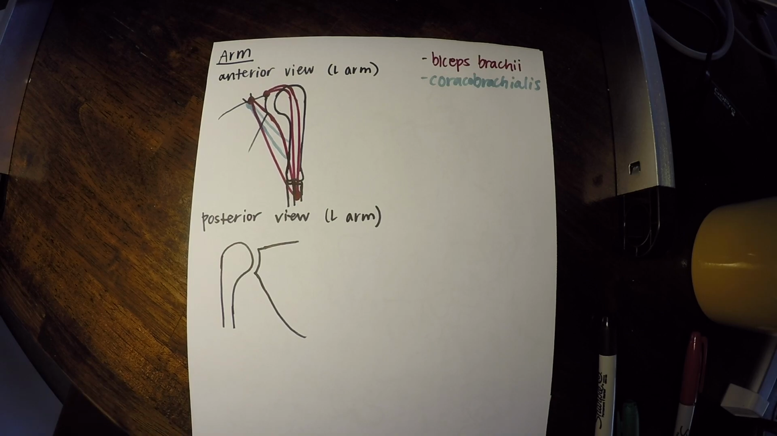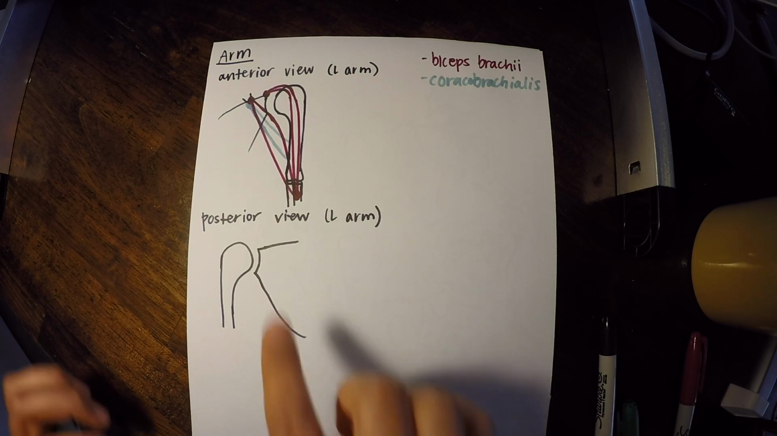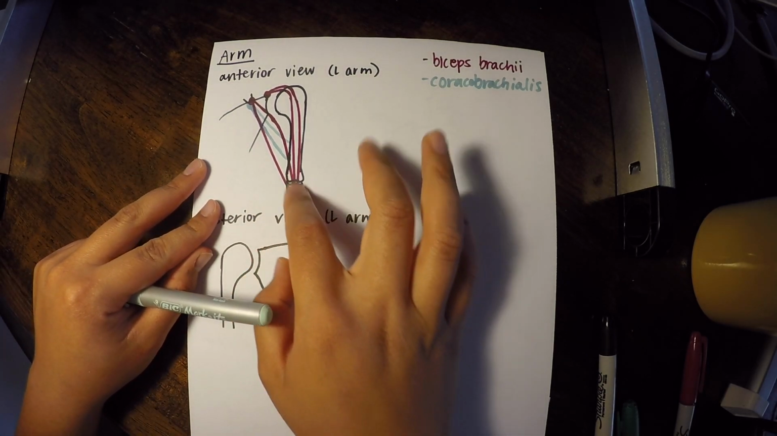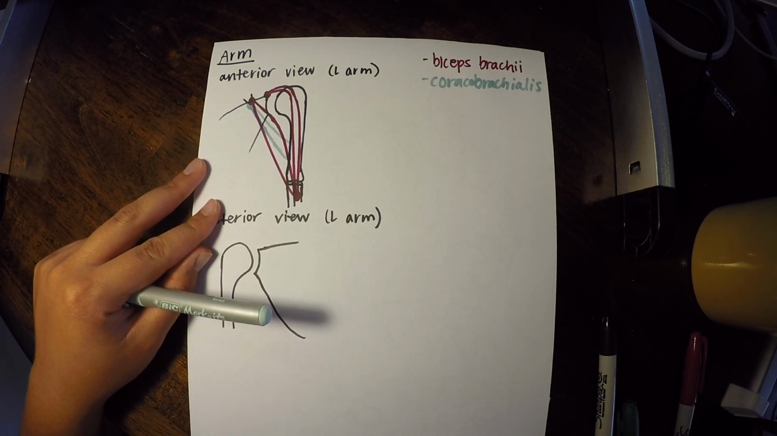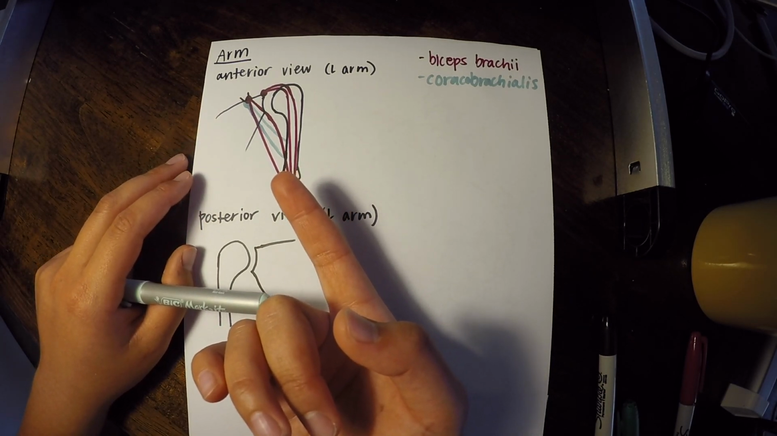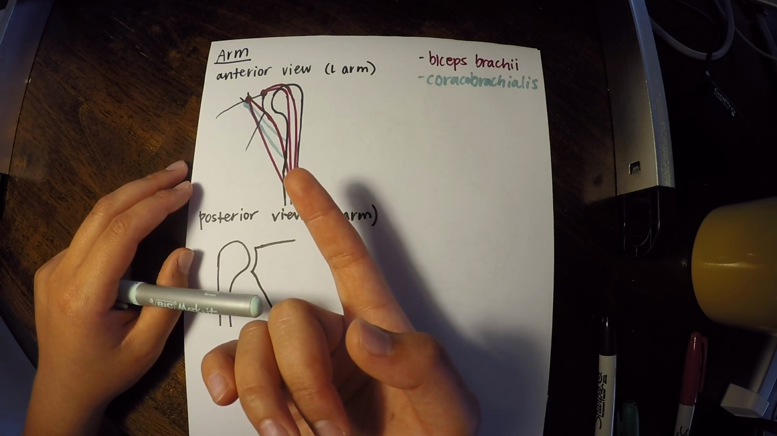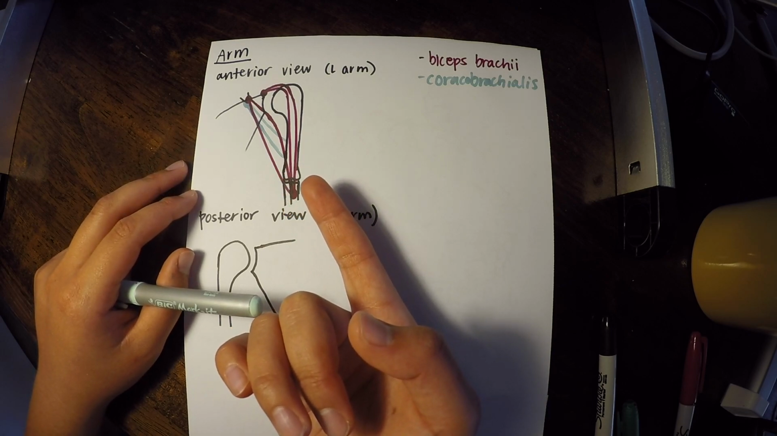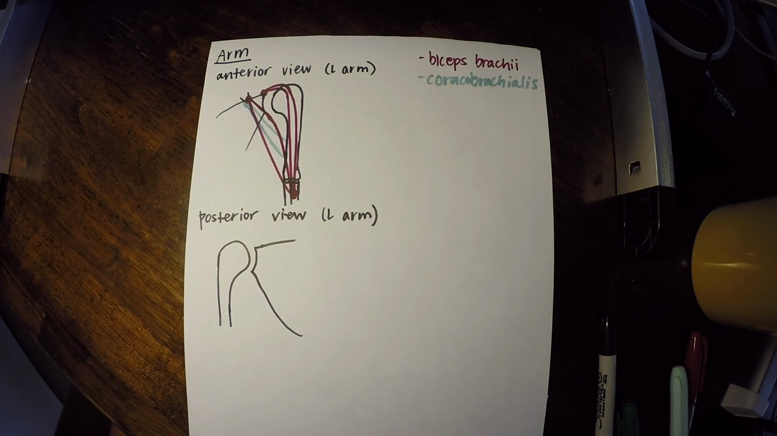Although it is still innervated by that musculocutaneous nerve, and instead of flexing the elbow, you can see that it doesn't cross the elbow joint, so it's impossible for it to move that. What it does instead is it actually flexes the shoulder. Okay. Now our last one that I had mentioned